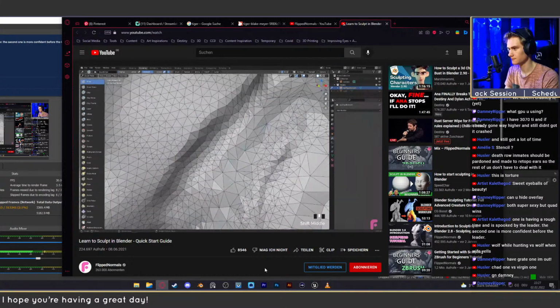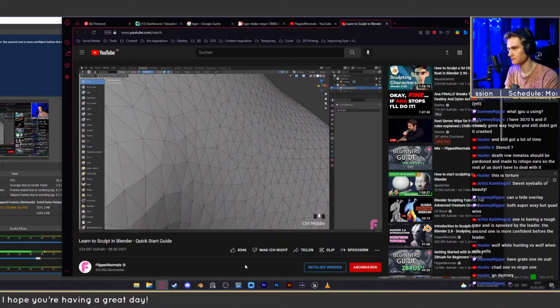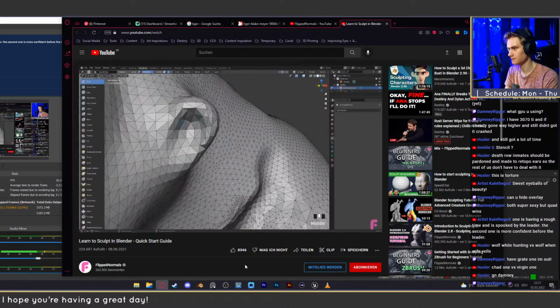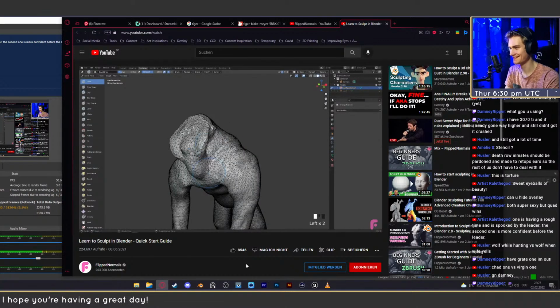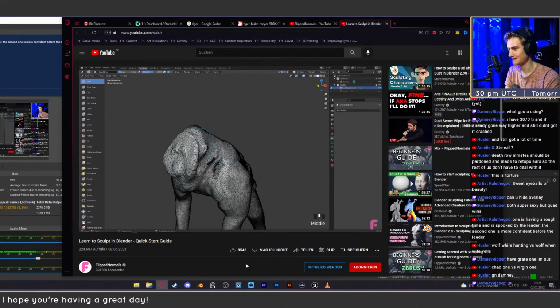Now you can see the polygon is increasing based on our screen resolution, or rather how close we are. So if you want to add a lot of resolution to one area, let's say you want to add resolution to the ear, you can simply zoom quite far in, and then you can start to sculpt right here. If you want to reduce it, you simply go far away, and now you can start to sculpt here to reduce the polygon. This is really useful because this allows you to have really fine control over the detail of